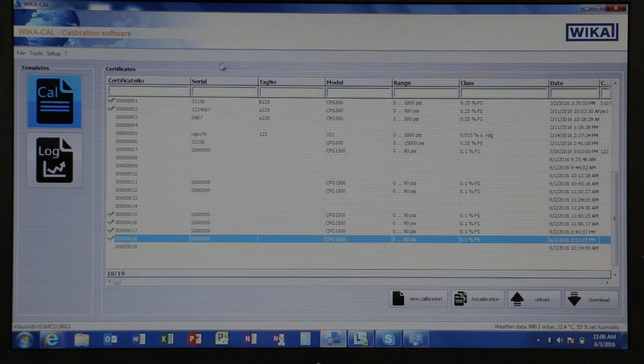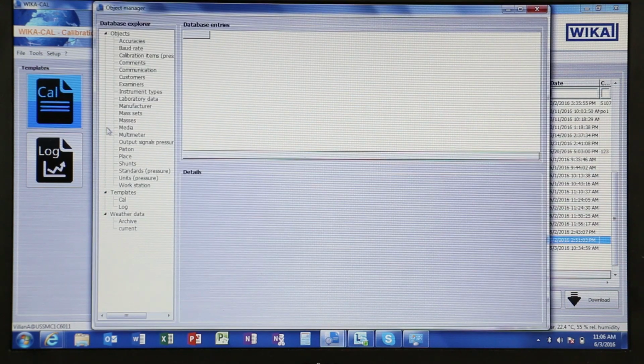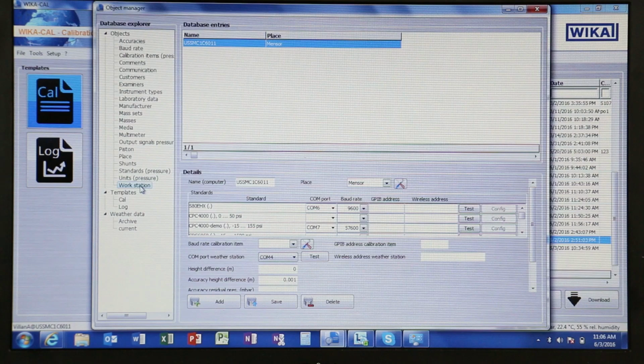The next step is connecting the device to WicaCal. The user has to open the software, go to Object Manager, and look for the CPG 1500.